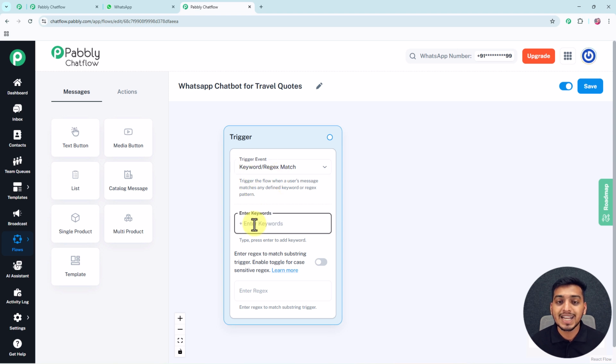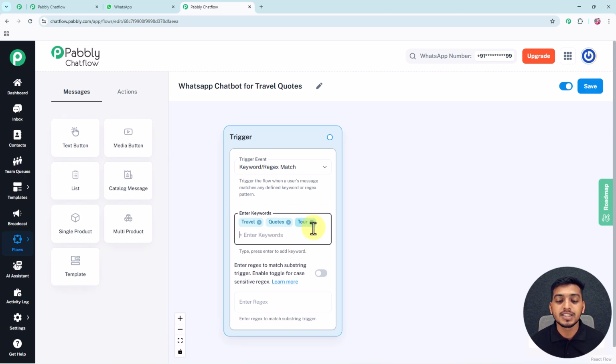And now inside this enter keyword box, I will enter some keywords with the help of which I want my WhatsApp chatbot to get triggered. So I will quickly enter my keywords. So you can see I have added these following keywords: travel and codes inside this particular enter keyword box. And for you to learn how you can add keywords inside this particular box, you just have to type down the word which you want to enter as a keyword, and then you just have to tap on this enter button, and after that you can see this new keyword tour has been added successfully.